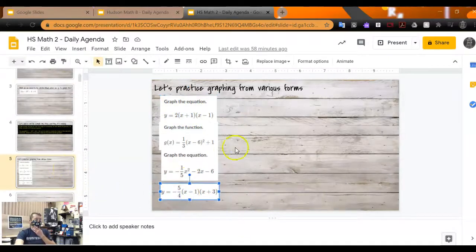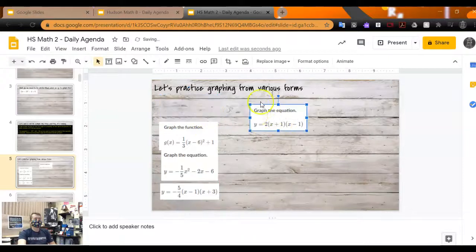So that was the other review that we were going to do today, is how do we graph these? What do we know from each form? So really quickly, with like 2 minutes left, what do we know from this form? What does it tell us immediately, right when we look at it? What do we know from a factored form parabola? Do we easily know the vertex or the zeros or neither? Zeros, right? This tells us the zeros, and we can center between the zeros to